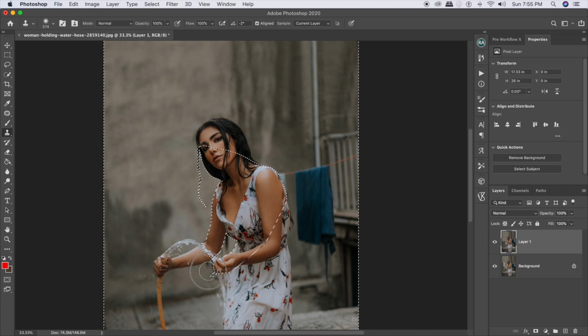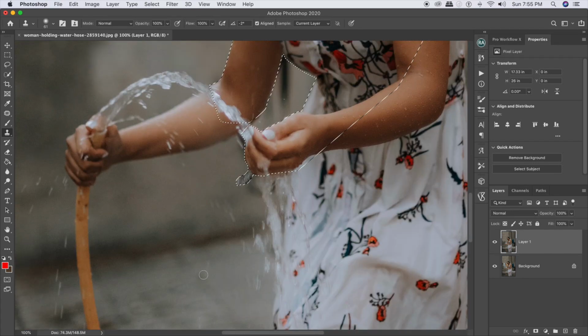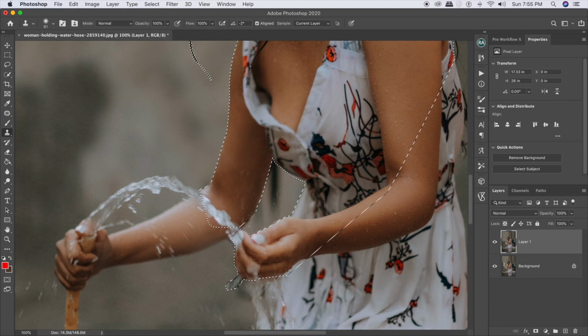This area also I will do. I'll zoom in a little bit. Here you can see. Here also I will do. I can clone from here, from this area. It looks the same. There you go.